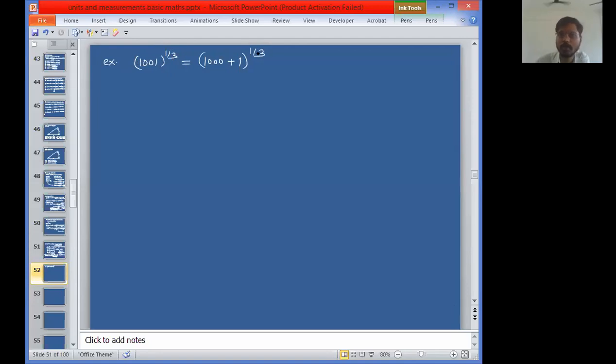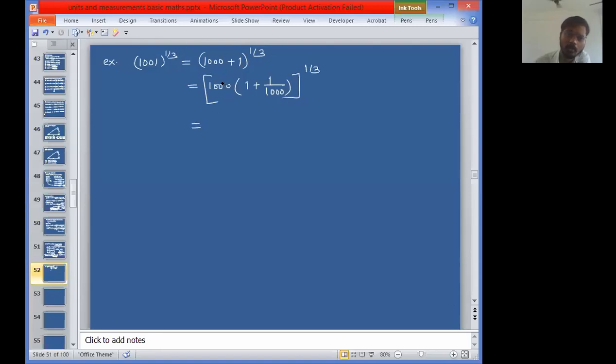Now this is your n. But sir, 1 plus fraction we want. 1 plus 1000 is not a fraction. Okay, then take 1000 common, because 1000 cube root you can find out. So ज्याचं cube root तुम्हाला येते ना ते common घ्यायचं. So if you take 1000 common, then inside bracket 1000 upon 1000 is 1, and 1 upon 1000 as it is. Bracket complete. Understand the brackets properly. This is complete bracket. We have taken 1000 common from this, but sir, whole raised to 1 by 3 is there.